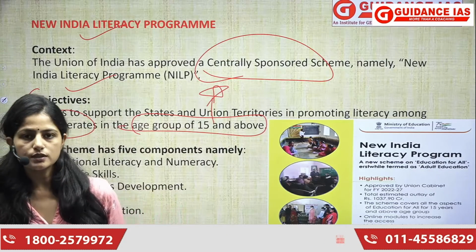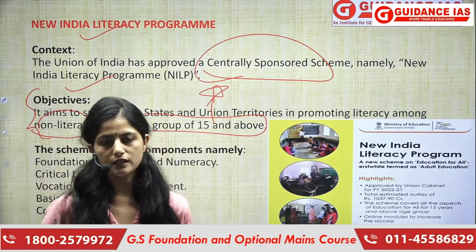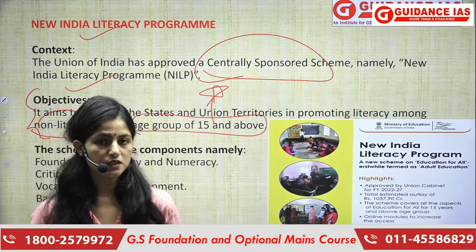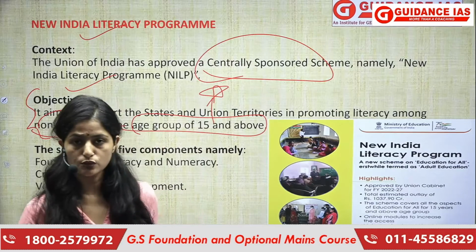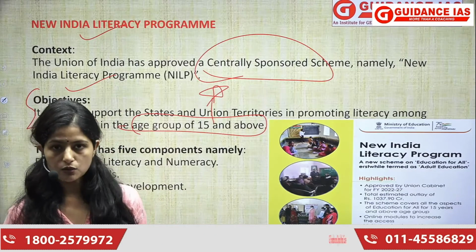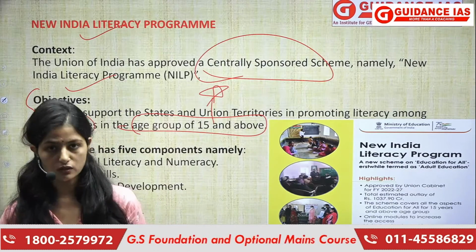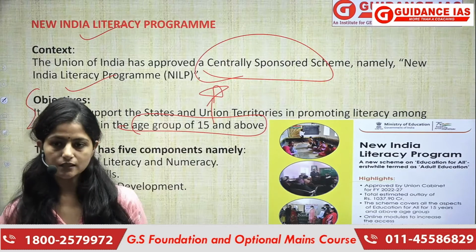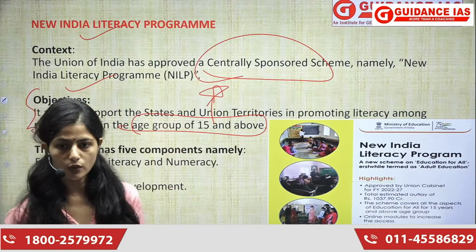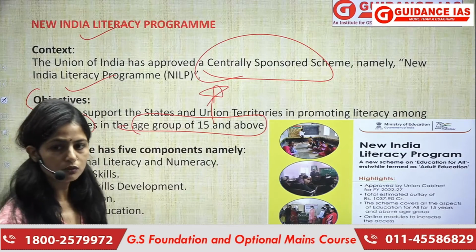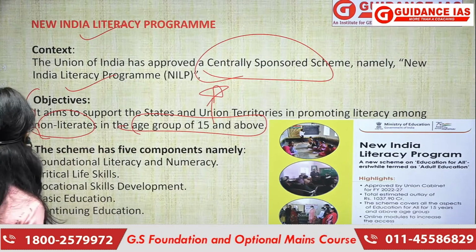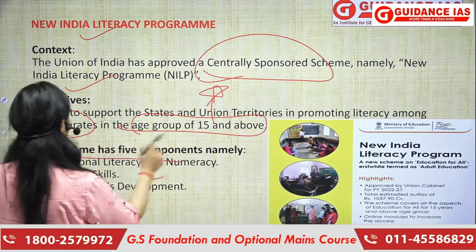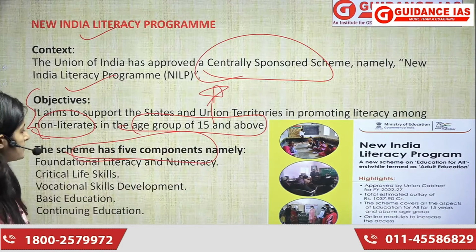अगर आपको 2011 का सेंसस याद हो, so in the 2011 census it was said that people belonging to this section, there are around 25 crore people who are non-literates. तो अभी तक तो ये वाला नंबर और भी इंक्रीज हो गया होगा. ठीक है, so now you know why it is needed, because the problem is huge. Now the scheme has 5 components. Let us first understand these 5 components.